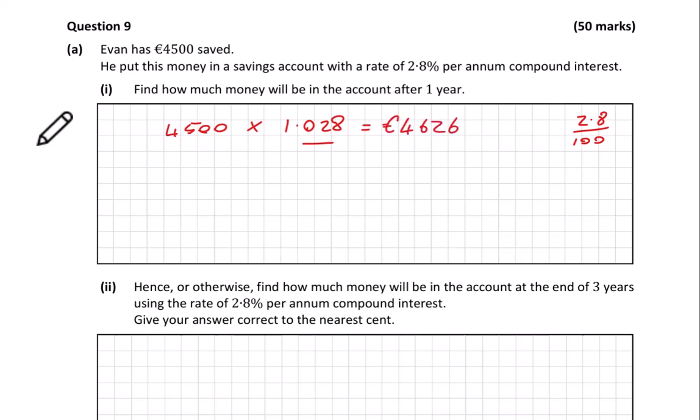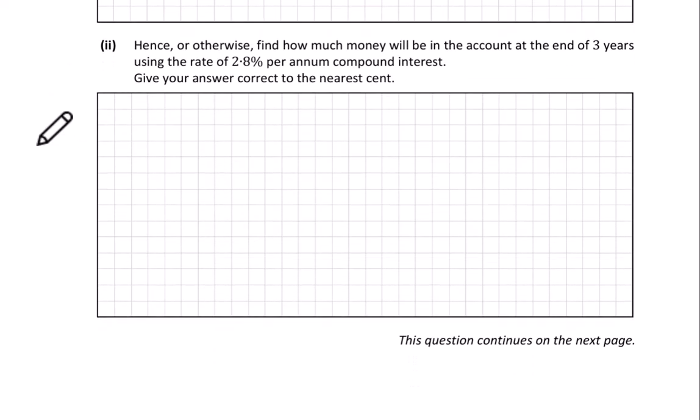Okay, next question then. Hence or otherwise, find how much money will be in the account at the end of 3 years using a rate of 2.8%. Okay, so we can do this year by year. We've already done year 1. Let's look at year 2. We now know that we have 4,626 euros in our account. So we've got to increase that again by 2.8%. So multiply it by 1.028. That'll give you